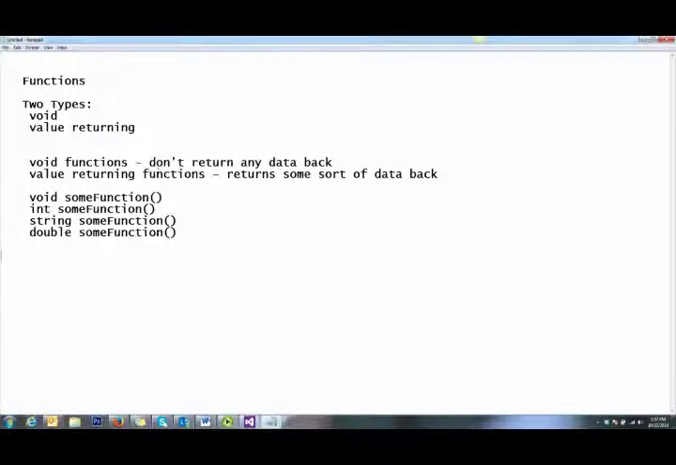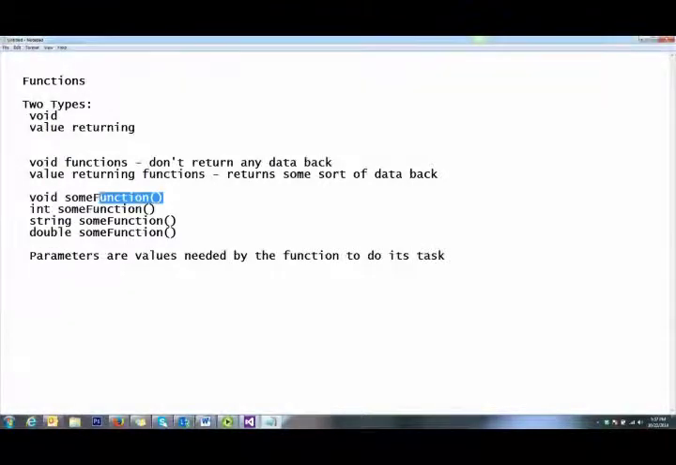Now, functions can also have parameters, which go in the parentheses. Parameters are values needed by the function to do its task. So if the void sum function needs some data prior to doing its task, then that's where parameters come in. So for example,